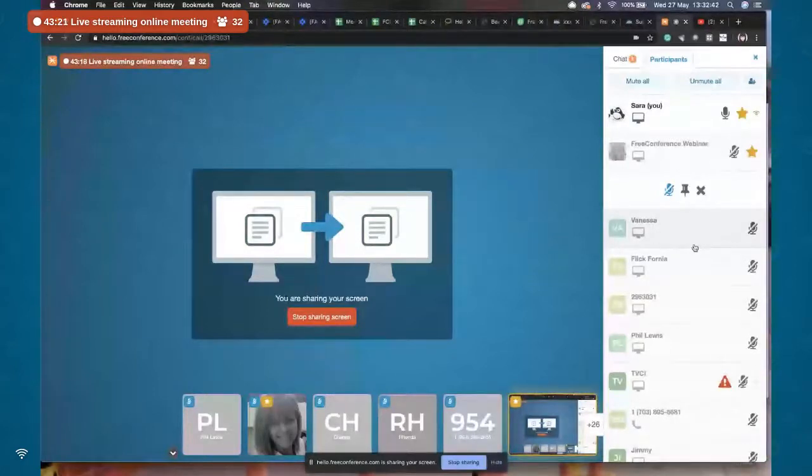So just be aware, if you want to differentiate between the moderators really easily when you're monitoring it online on your computer, it's best to have everyone join and then you choose who you want to be moderator. And it's almost unlimited, the number of moderators you'd like to have on a call.